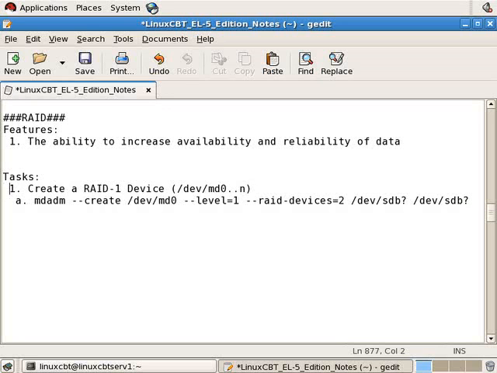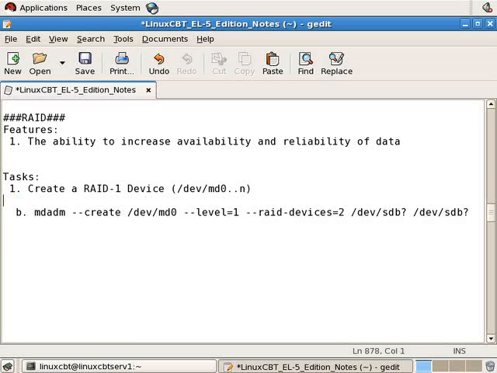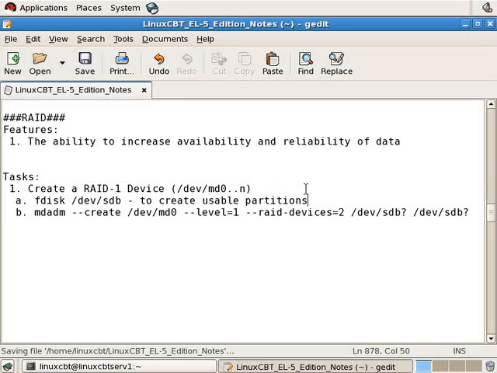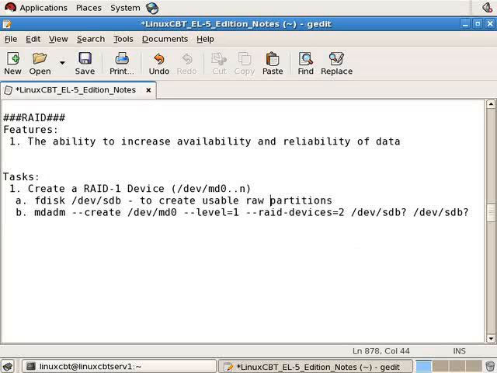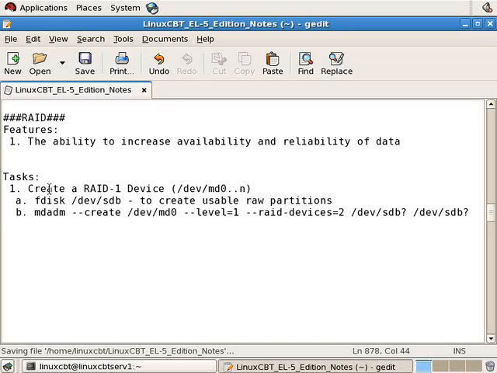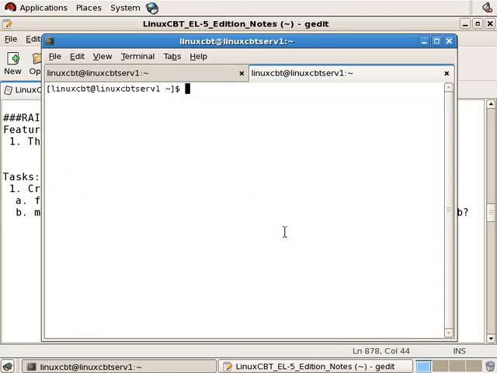So to create a device, we're going to use the mdadm command. But before we can actually use the mdadm command, we need partitions. So step A will be to use fdisk on the /dev/sdb disk to create usable partitions. We don't need to overlay the partitions with file systems, but we do need to create raw partitions. So use fdisk to create usable raw partitions, which the mdadm utility will make into RAID or software RAID partitions. So let's connect to our remote system, LinuxCBT Serve 4,